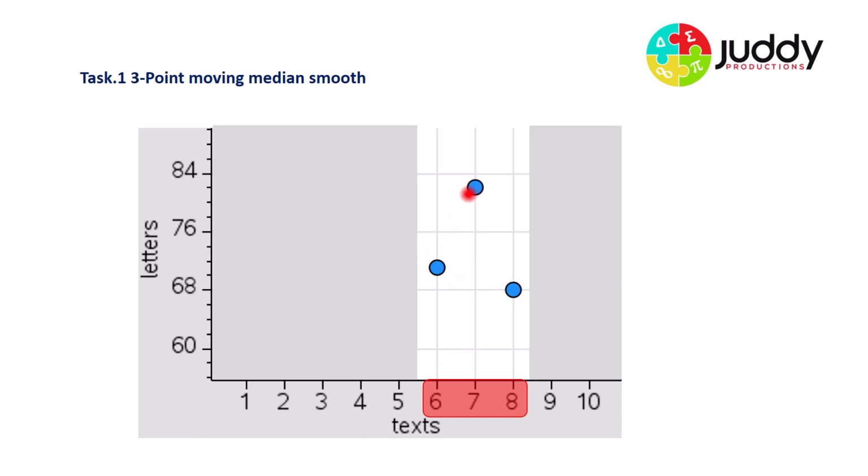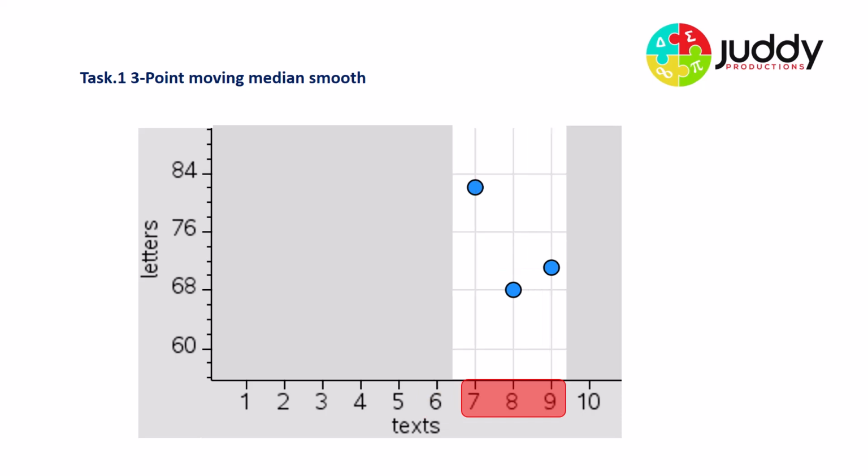And of course, the median measure is against the middle value. So our 3-point moving median smooth will be placed against text number 7 and the middle dot on the y-axis. As such, let's move across to 7, 8, 9. There's our 3 points. And of course, there's the middle of the text on number 8. And in terms of the middle of the letters, there's our lowest, there's our middle, there's our top. So we align the median letters coordinate against our median text coordinate, and we have this